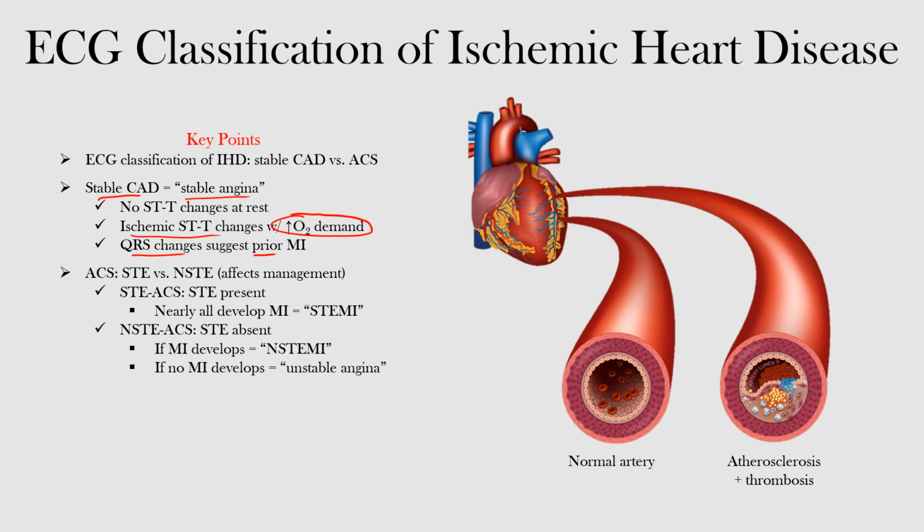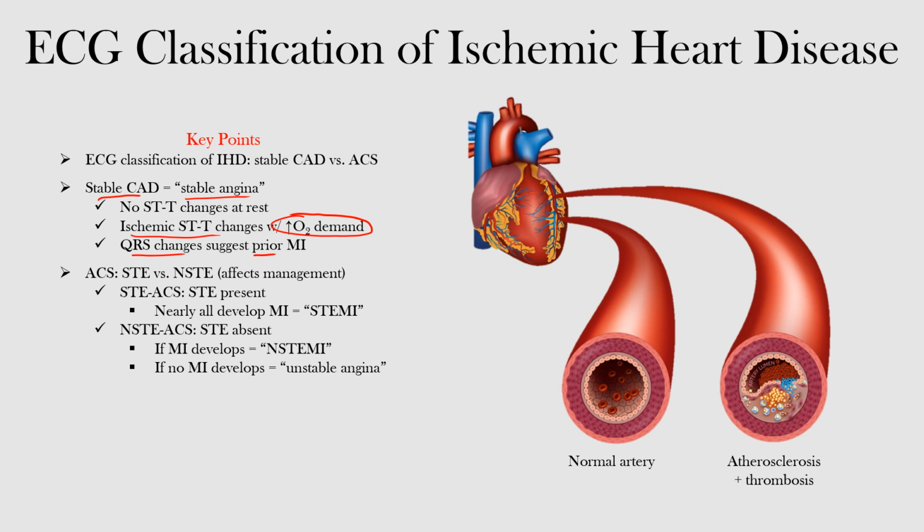How about acute coronary syndrome, or ACS? Well, based on the EKG, we can classify it into ST elevation or non-ST elevation acute coronary syndrome. And this is important because it affects our management of the patient. So first, ST elevation acute coronary syndrome, just as the name implies, is acute coronary syndrome with elevated ST segments on the EKG. Nearly all cases develop into myocardial infarction, which is why you'll hear the term STEMI used,